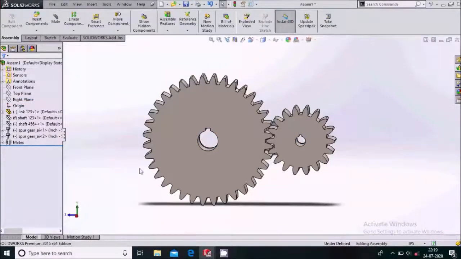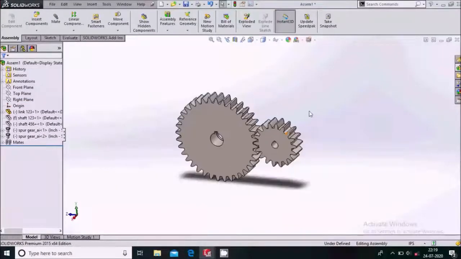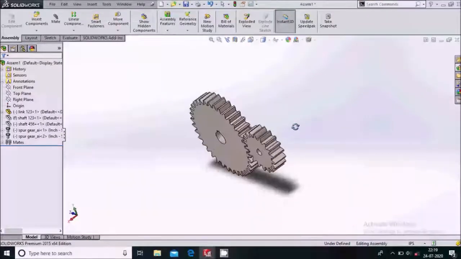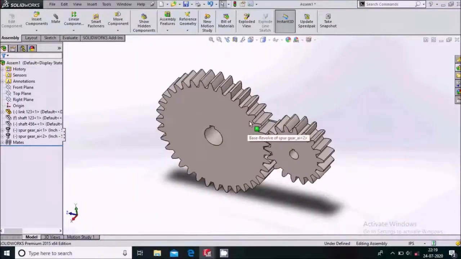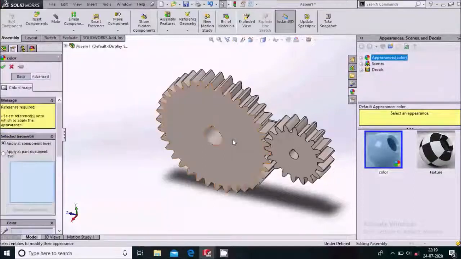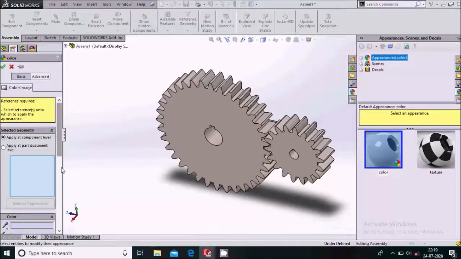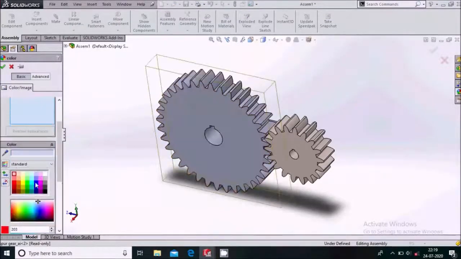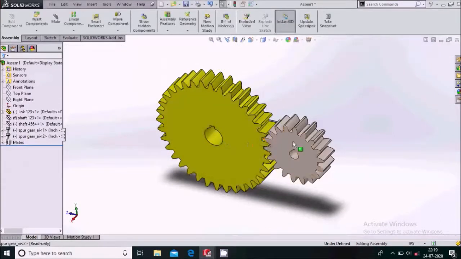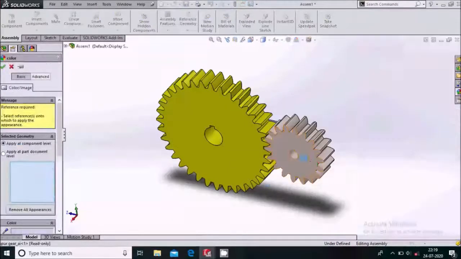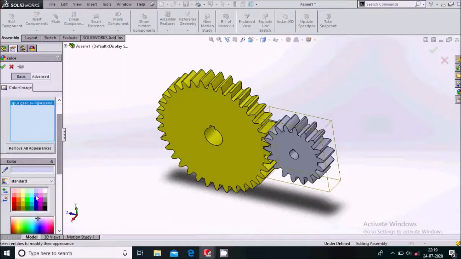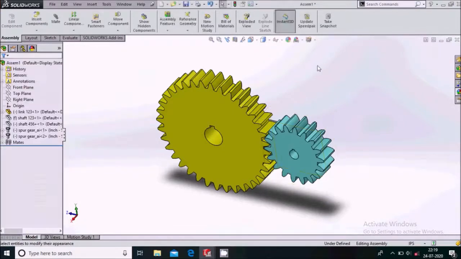OK. So after that what we will do, we'll simply give appearances to this gear. So select the appearances. After that we'll select this gear and give appearances to this gear. Then go to appearances, select this pinion gear and give appearances to it.